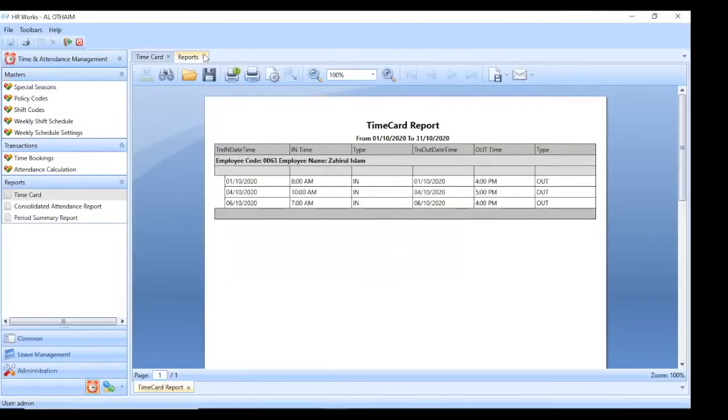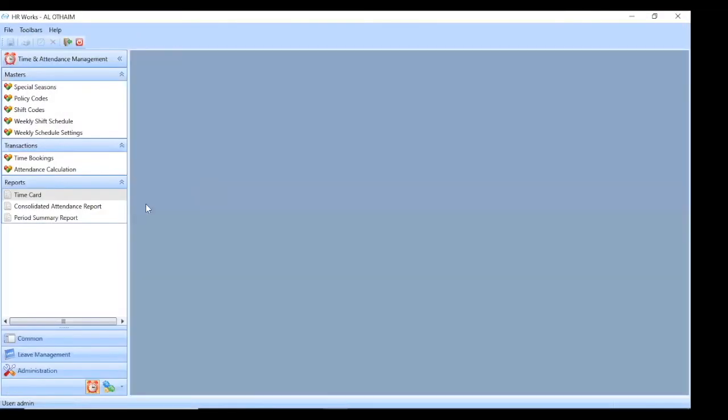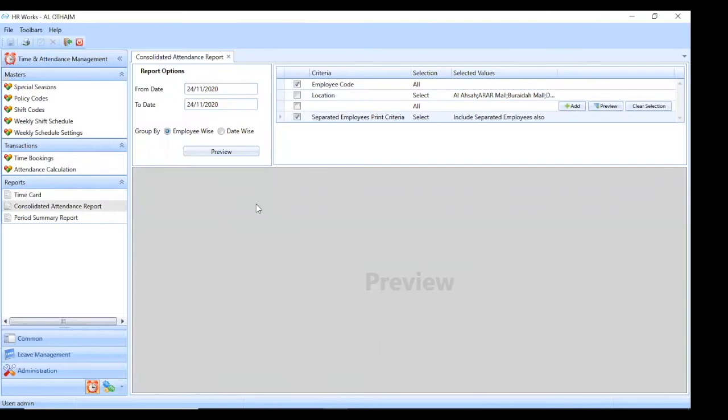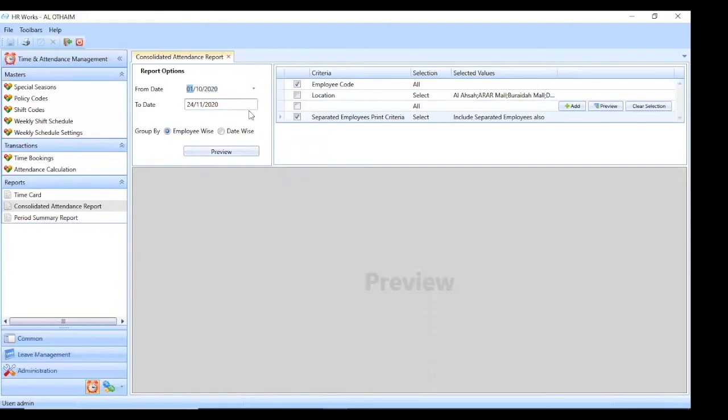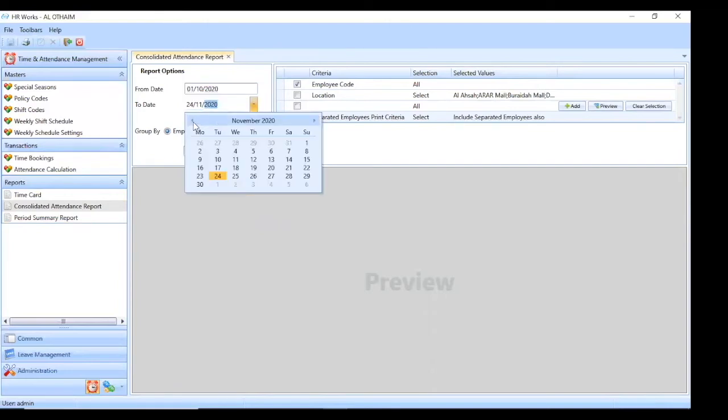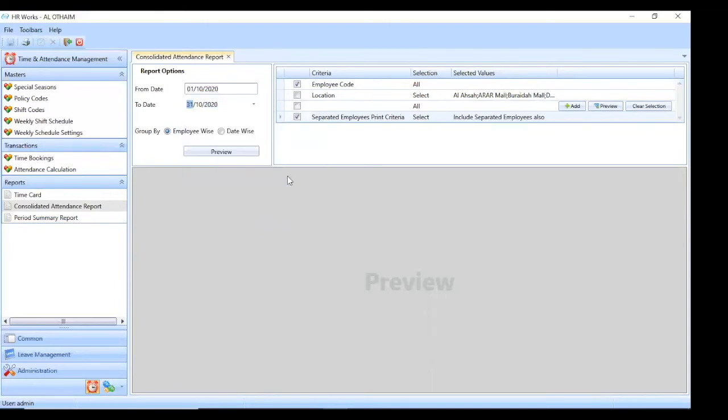I will go to another report, consolidated. In this report, you can see the processed data. In the time card report, it was just showing the in and out, right? From the consolidated report, you can see the processed data. I will choose the date range from 1st October to 31st October and preview.